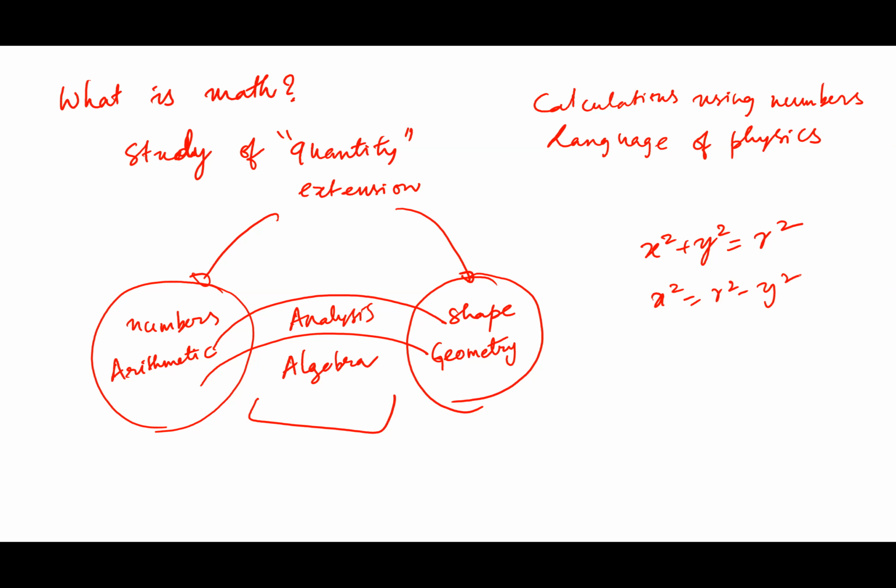Math can be used to explain. I don't know the word explain, but why does it explain the physical world, if it does? That's the question that we're asking. Why is it so powerful? Excellent. Math is the study of quantity, and quantity is the base property of all physical things. All physical things have quantity, extension. That is the base property. Right? So you're studying the base property of all physical things. That's why mathematics is so powerful, and that's why it is often dubbed the language of physics.